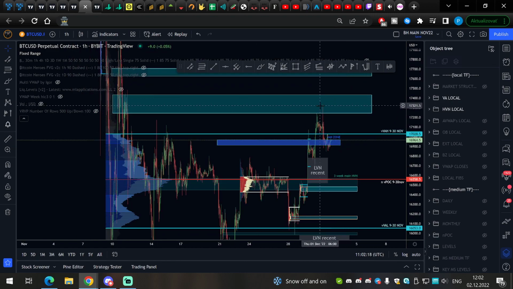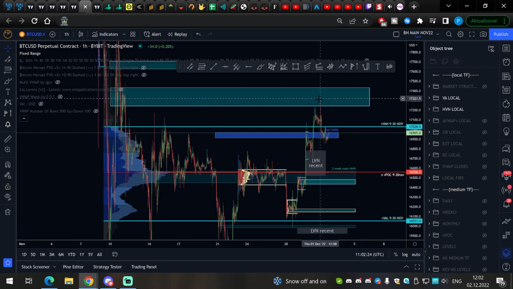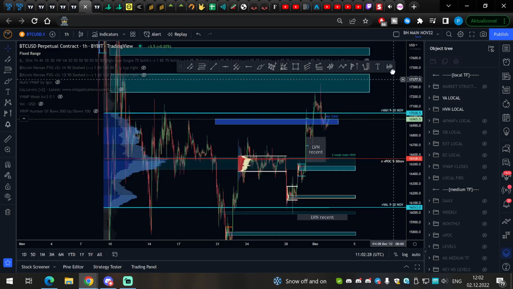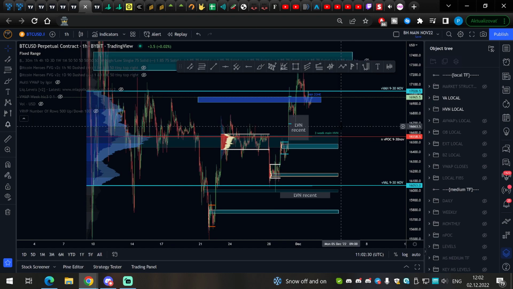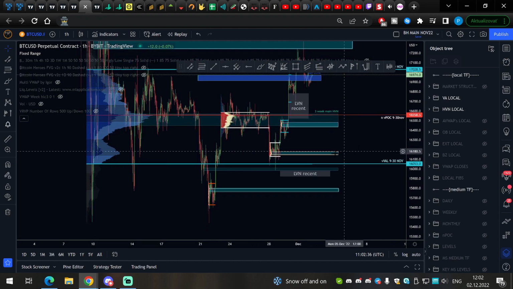Like for that 17,300, this was a massive high volume node here, and then we saw these trapped traders. So it was a no brainer with this daily naked volume point of control. And for the upside, this is the main high volume support. We have also a local one within, so you can monitor for scalps, and you have a large high volume node in this area as well,